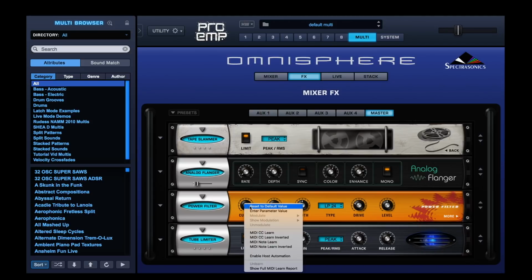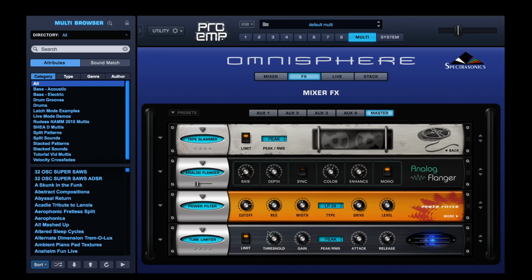Now, I don't get the option to modulate any of these master effects, which is a shame really, because that would have been very helpful. What I'm going to do is just MIDI CC learn this on a controller that I've got down here, which is the DSI, the Dave Smith Instruments Pro 2. All of the knobs are controllable via CC. So I'm going to MIDI learn, and I'm just going to take my filter knob. There you go. So it's learned my filter knob. It's a shame you can't see this underneath, but I'm basically just turning the filter knob on the second filter of the Pro 2. So now when I play a note,